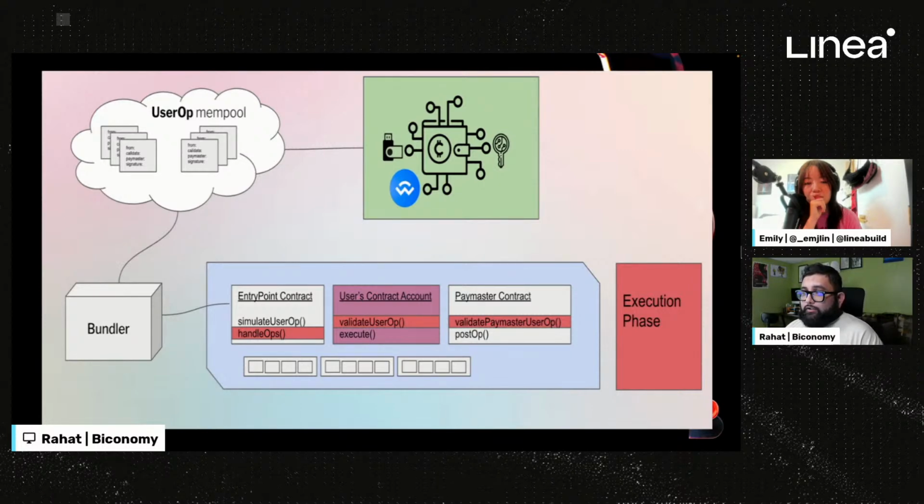A paymaster is just a smart contract that can